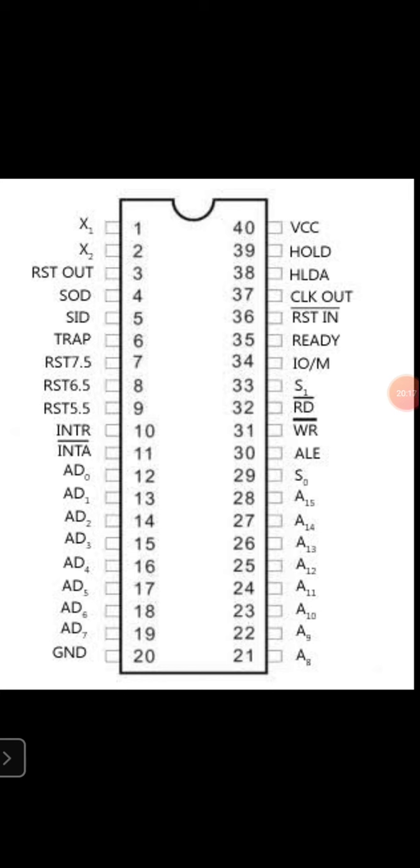Next, the ready pin is high when the external device is connected correctly. When the external device is connected correctly, then data can be transferred from the external device to the microprocessor and vice versa. If the peripheral is not connected clearly, or is not interfaced in a proper way, then the ready pin waits until the peripheral is connected clearly in a proper way.